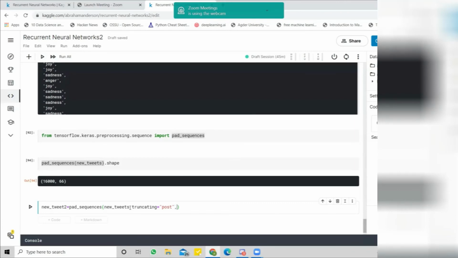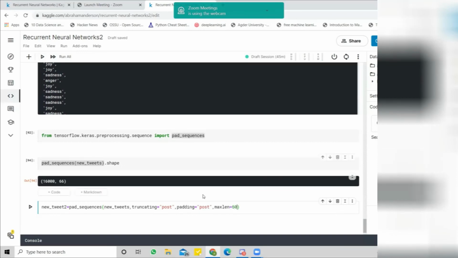And there's another one, padding. Padding means if a tweet has a missing value for its previous words. For example, someone has used a tab and after that begins to write the words, right? So the first words will be missing. So this padding will add zeros for this kind of problem. So let's see this one, post. Also, we can use the maximum length parameter.